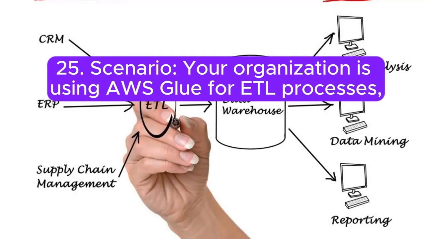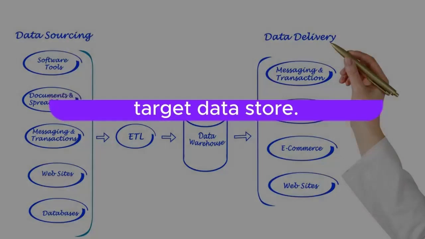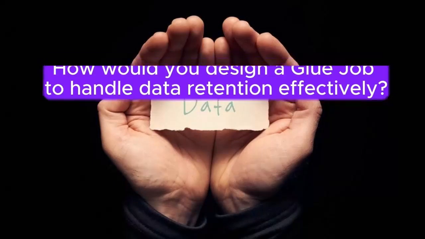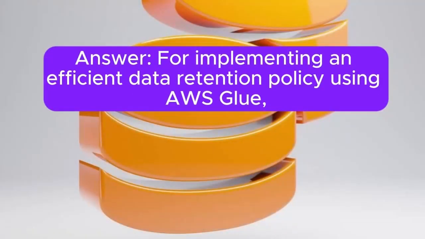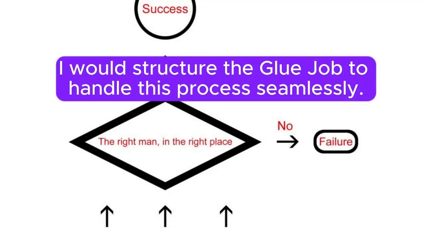25. Scenario: your organization is using AWS Glue for ETL processes, and you want to implement a data retention policy to automatically delete outdated data from the target data store. How would you design a Glue job to handle data retention effectively? Answer: for implementing an efficient data retention policy using AWS Glue, I would structure the Glue job to handle this